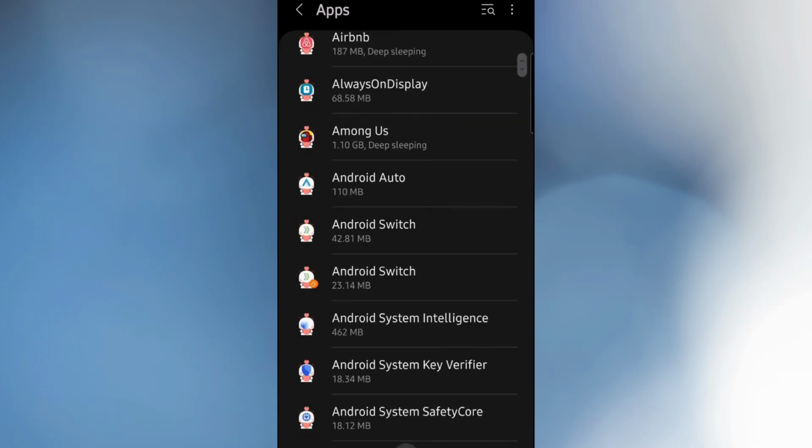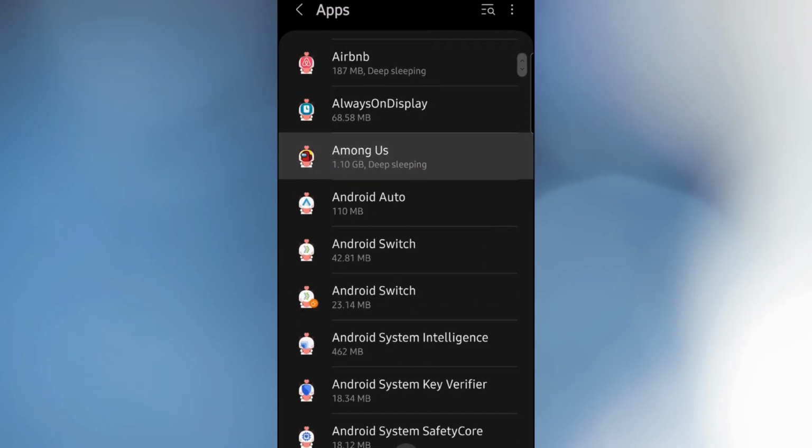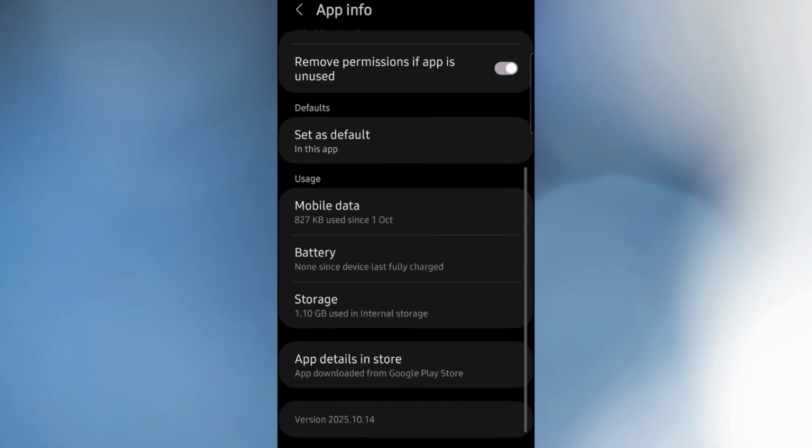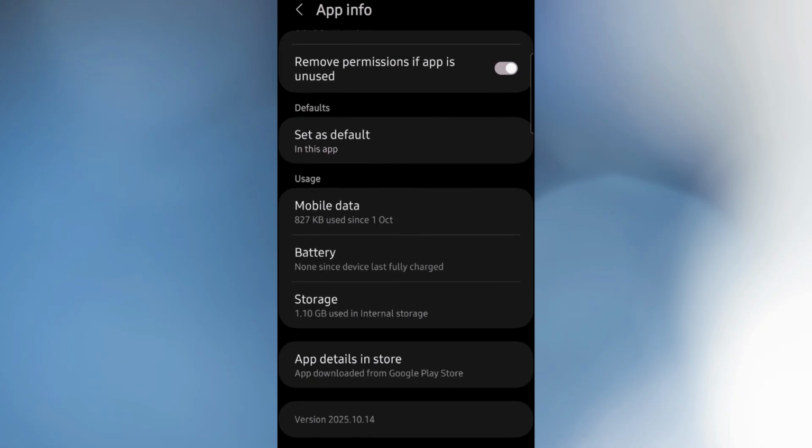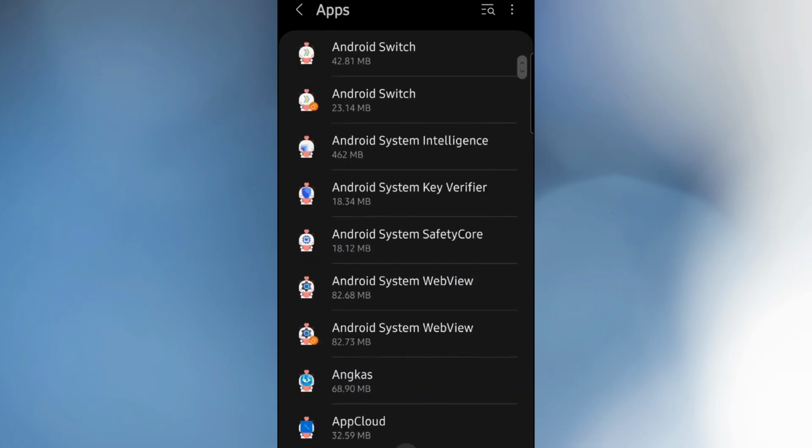On newer Galaxy models, you can also use the Device Care feature. Go back to Settings, tap on Battery and Device Care or Device Care, then tap Storage and look for Clean Now or Clear Cache. This method scans your phone and removes cache files from multiple apps at once, saving you